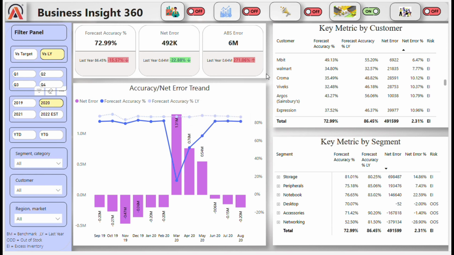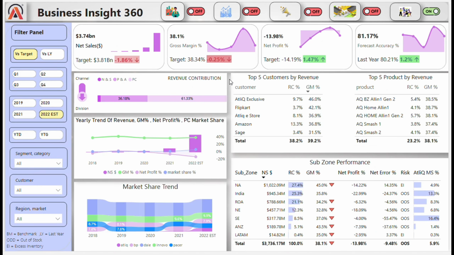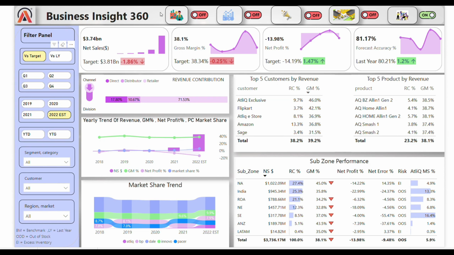So by using this dashboard, a supply chain person can make data-driven decisions, and they can see in which part they are lagging behind and in which part they are doing very well. Now let's see our executive view, which is the last dashboard of this project. Executive. So this is our executive view where an executive or a C-level person can see their net